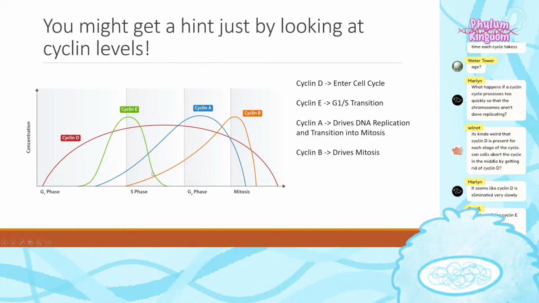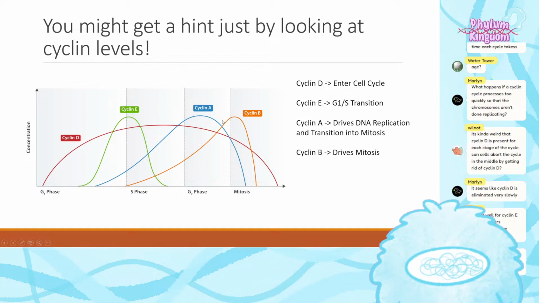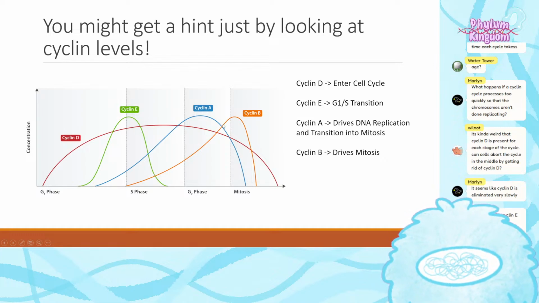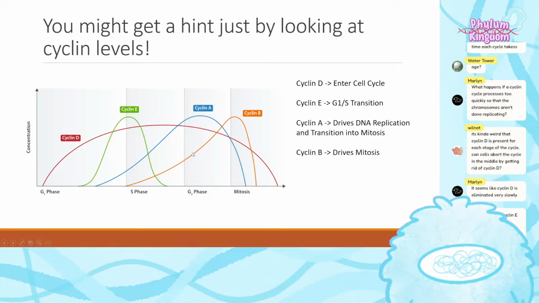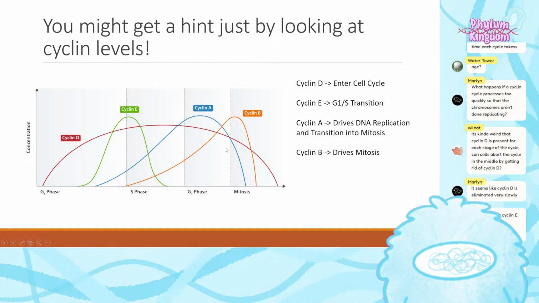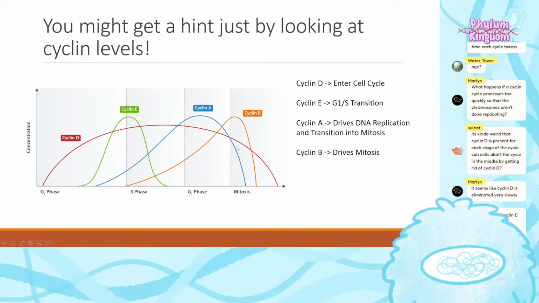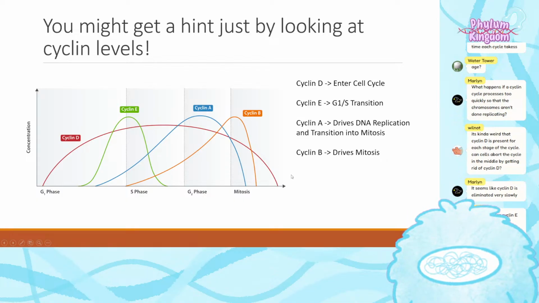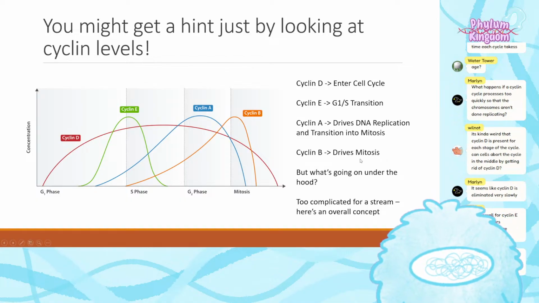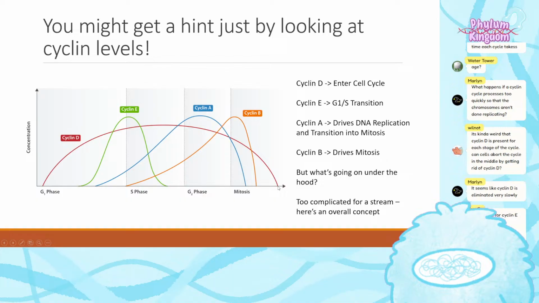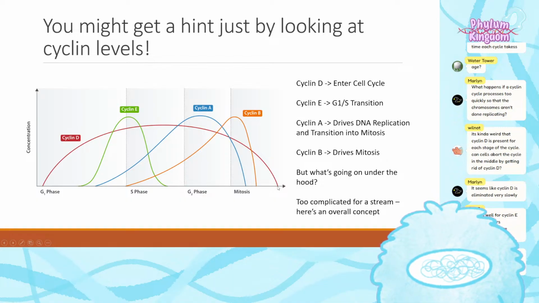So I will say for now that these cyclin levels are correlated with entry into the next phase, right? And it's not super tight. Cyclin E is super tight, but the rest are not super tight, which is pretty interesting, right? But we do see that each of these cyclins has a different behavior, which I think is very, very interesting. And here's where we'll talk about how this system actually works. So what's going on under the hood? How does this actually govern whether or not the cell transitions from one stage to the other?